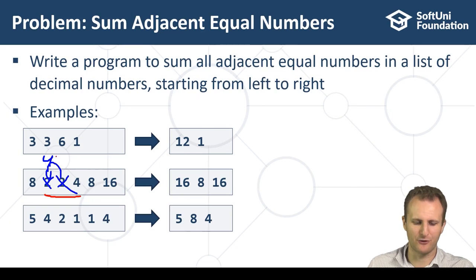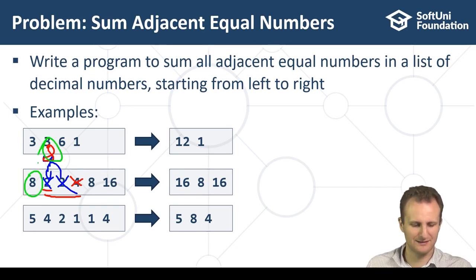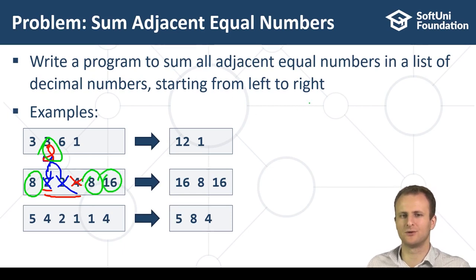So we sum 4 and 4 and we receive 8 here at this position and remove this 4 which was at the next position. Okay, but now we have, what do we have? We have 8 and 8 and 8 again and 16. Now there's an additional